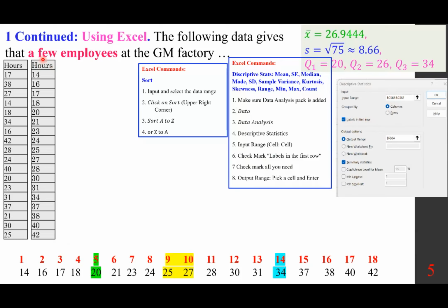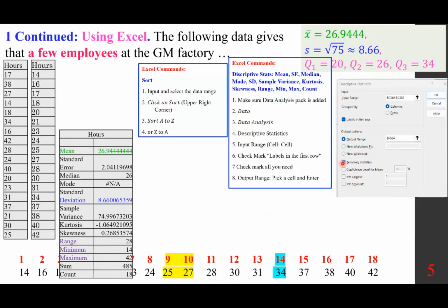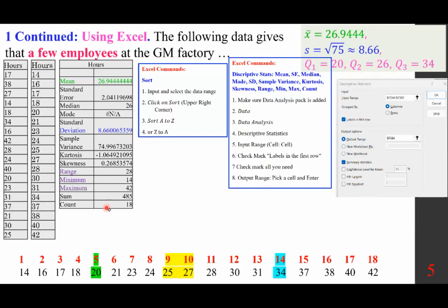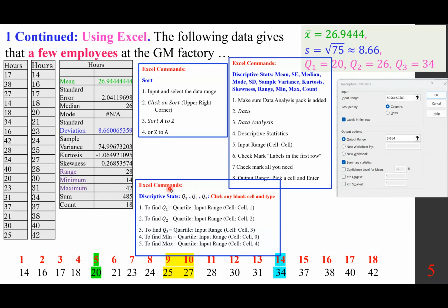Okay. Output range: you can go with a new worksheet, or just click on this and pick cells of interest, any cell. And you click on Summary Statistics. So it gives you the information here: the mean, the standard deviation, the range, the min, the max. If you want various quartiles, Q sub 1, Q sub 2, Q sub 3,